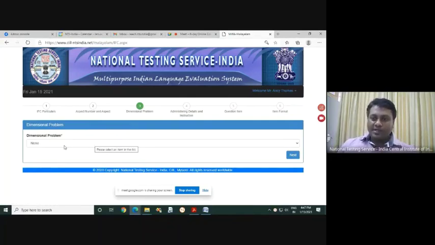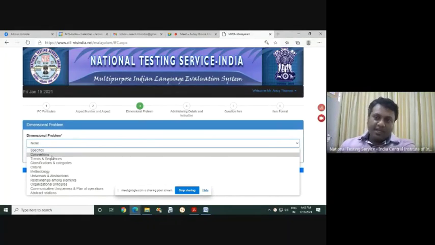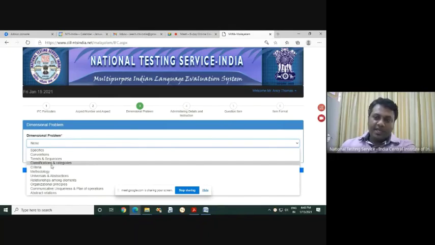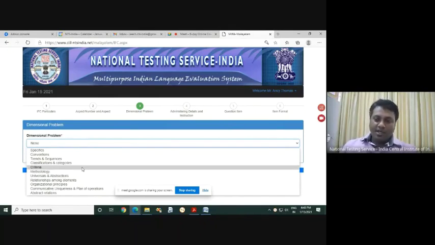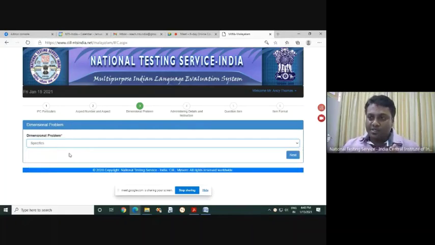As of now, Dheeraj sir was explaining about the language. When you click language, its form, structure, meaning, and usage. When you click literature, its specifics, conventions, trends and sequence, classifications, criteria, methodology, what you are testing. You can click that from here. Most of the things, if you have any confusion, you can just click specifics. Most of the things go under specifics. When we click specifics, this tab work is finished. We go to the next button.